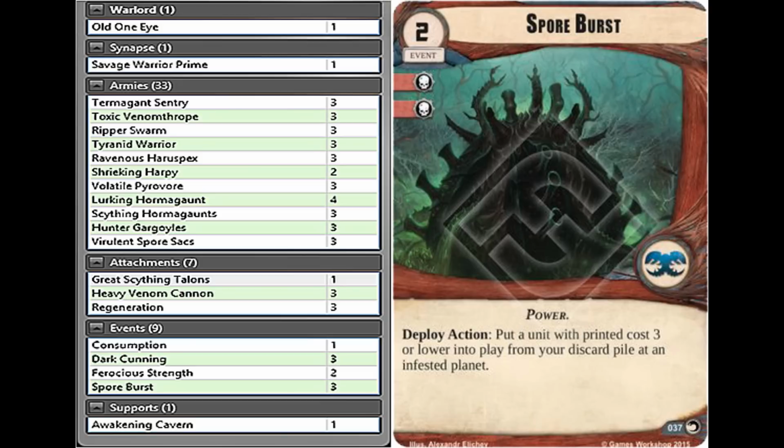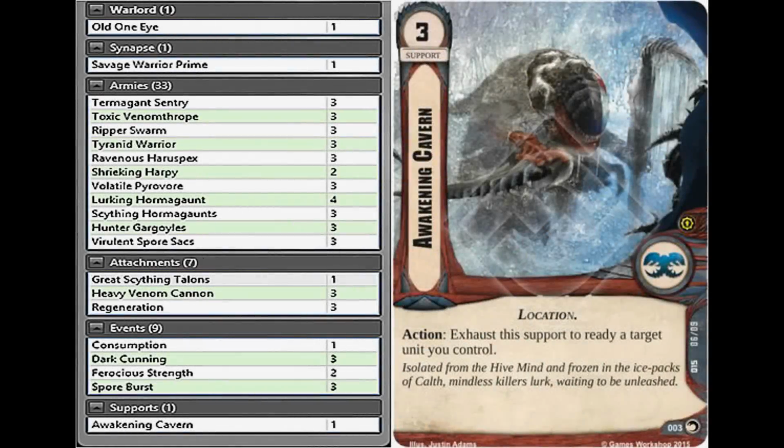I suppose our very last card in the deck here is your one and only support. We've got the signature 3-cost Awakening Cavern. It's just action, ready target unit. I suppose, do you often play this one? I think I drew this once or twice and got it into play one of those times,